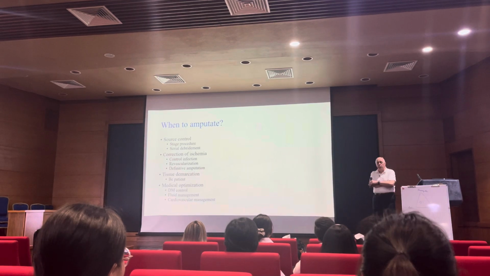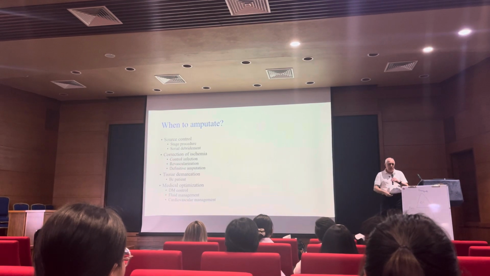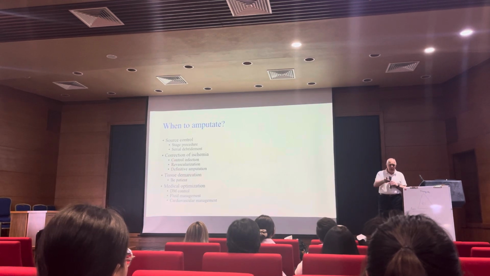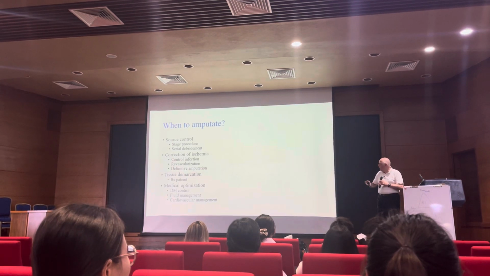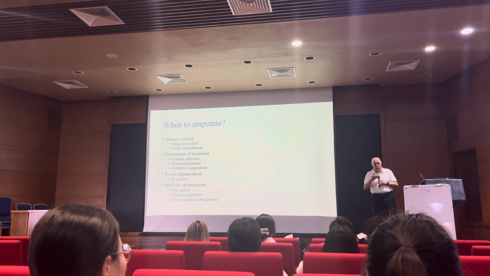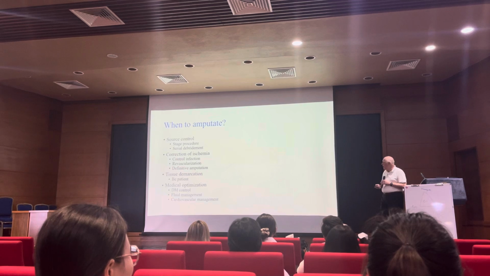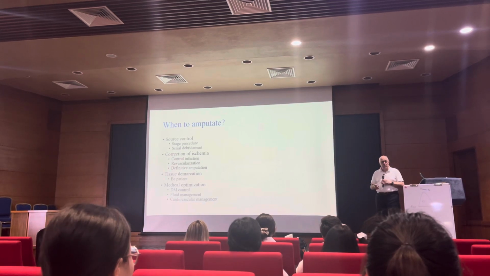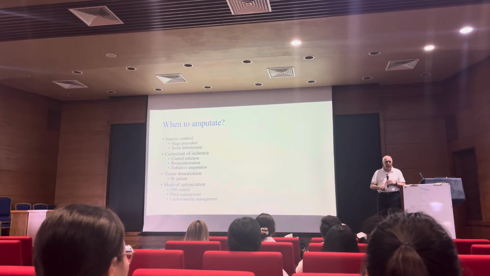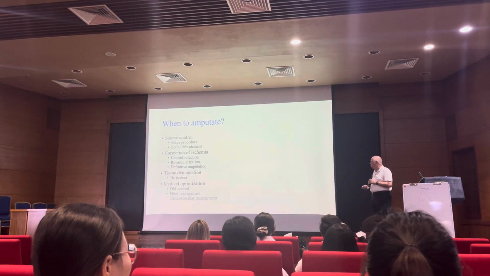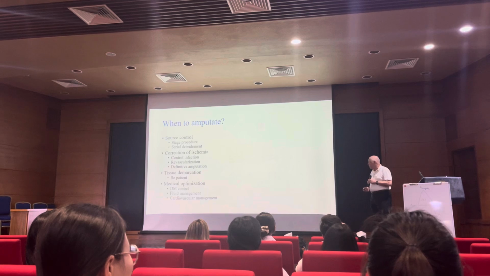And we do what is referred to as a staged procedure. Step one, get source control, do the amputation, drain it. If you have to go back and do another debridement because you didn't get it all, then you need to go back and do that. Once you do that, then you go on and you correct the ischemia. You evaluate for blood flow, and if they have ischemia, then you correct that. The vascular surgeons will do that via revascularization.